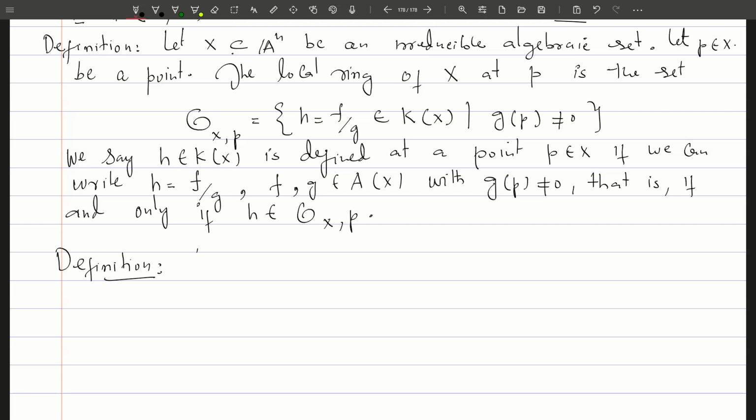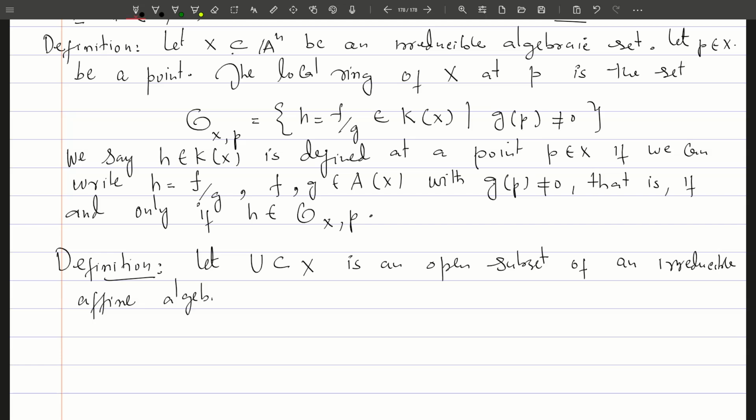Let U be a subset of X. So this U is an open subset of an irreducible affine algebraic set X, then